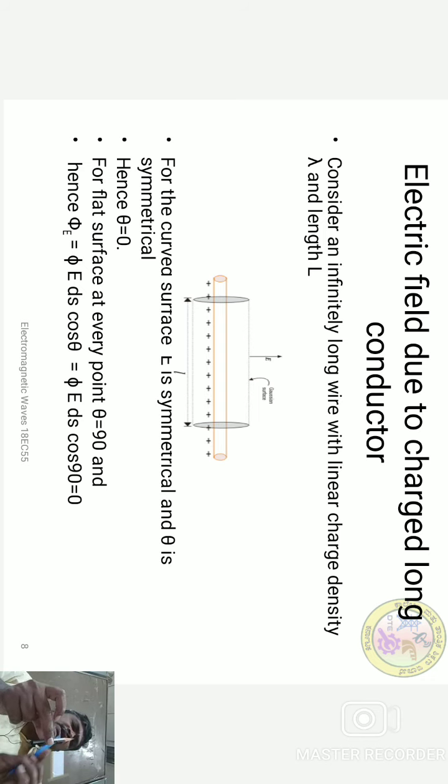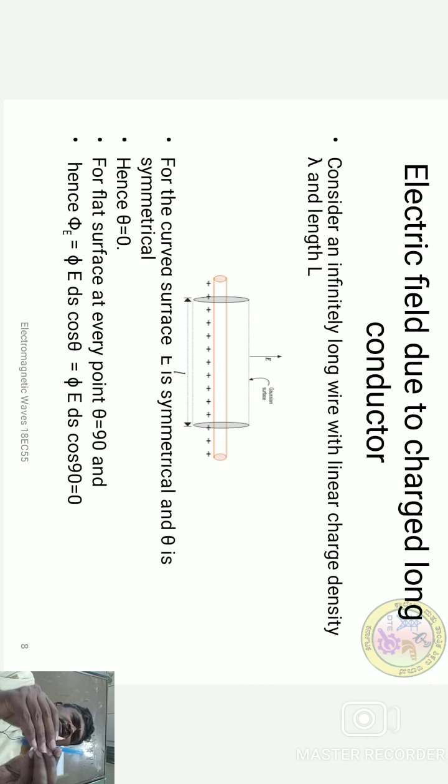See, if this is a long conductor carrying charge, the field is radially out. Electric flux goes out from this point, from all the directions, from the center of the conductor, and from the charge to this surface the distance will be the same. If I consider anywhere here, it will be the same. So the area vector will be like this. See, this is the area vector. The area vector and the electric field are normal.